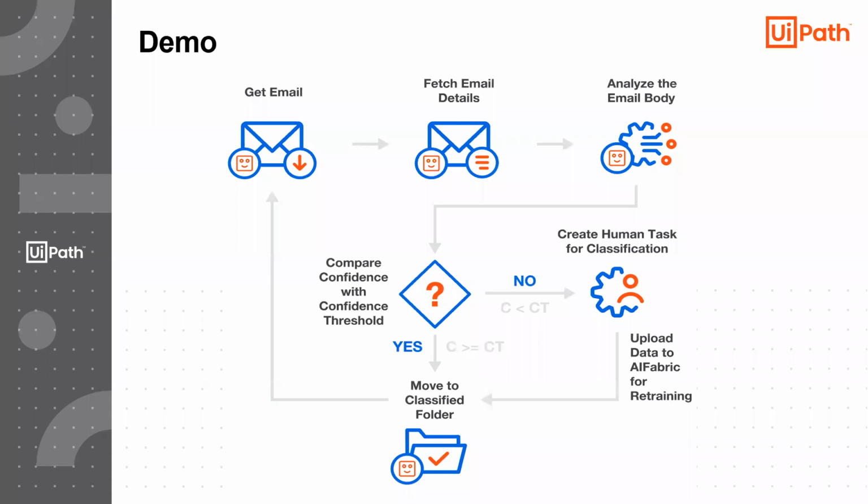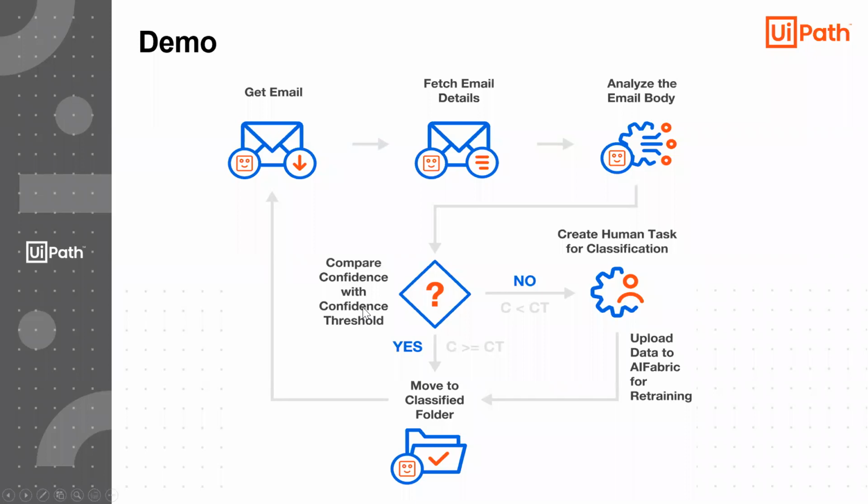This can be fully automated, but again, you need machine learning because it's very hard to classify an email with just some if and then rules. So the use case here, we're going to first get the emails. And then we'll take the body of the email, so basically the text. We will analyze the text based on the machine learning model. This model is going to send us a confidence score. If the confidence score is high enough, so you can decide the confidence threshold, then we just move it to the classified folder, or you can imagine that we can just forward it to the right team.